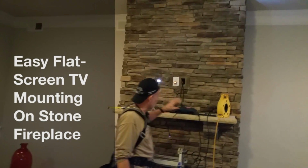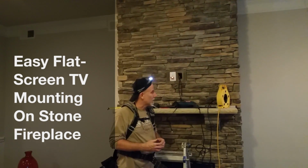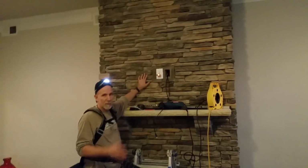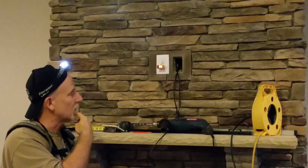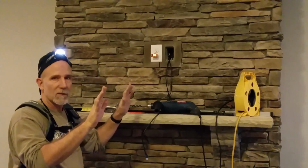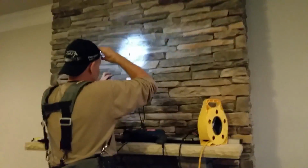Show you how we're doing a stone fireplace. These create several variations you have to concern yourself with. One issue is the contour of the front of the brick because it's always going to be an uneven surface. You have to find the levelest and flushest part of the stone you can. In this case, I found in this area here